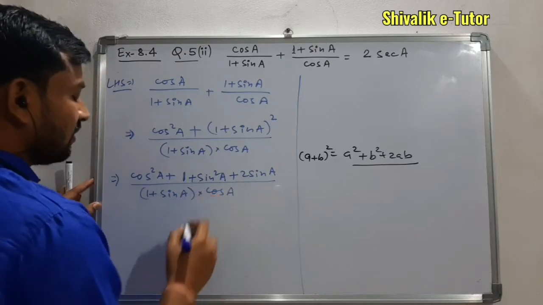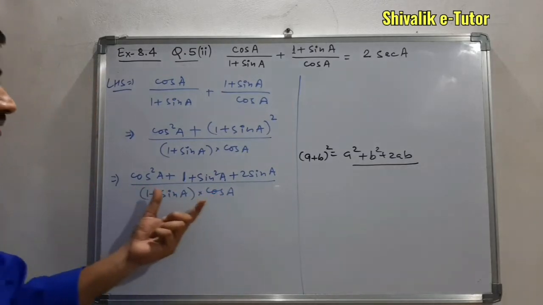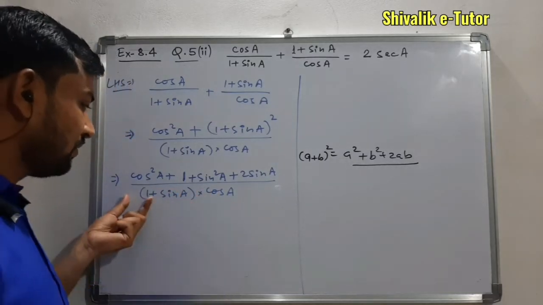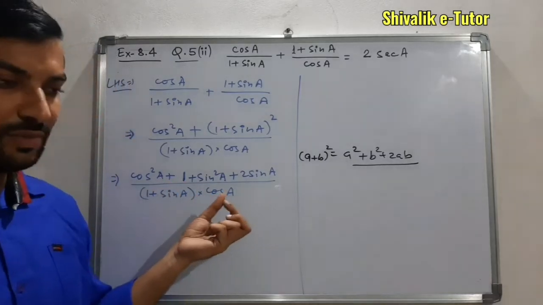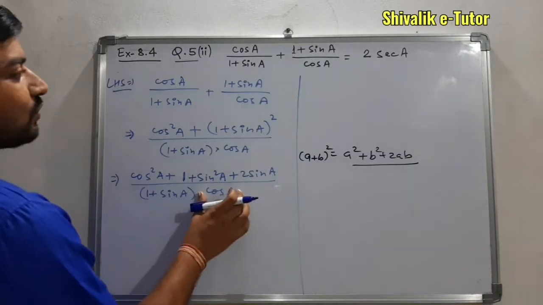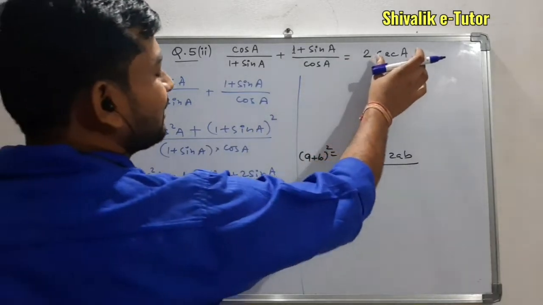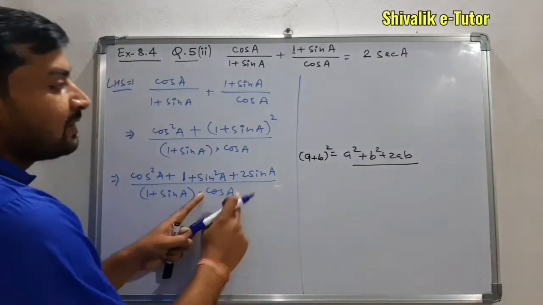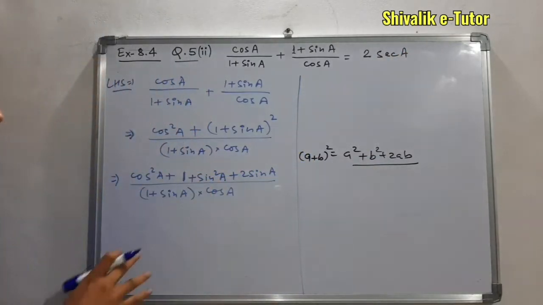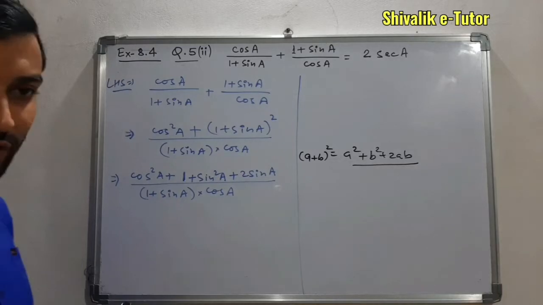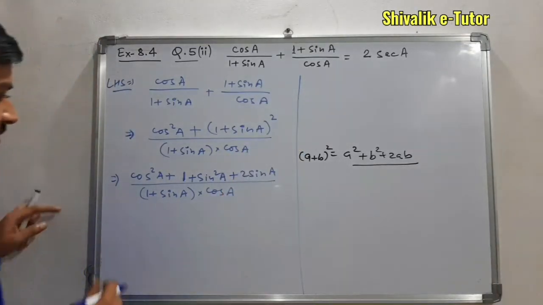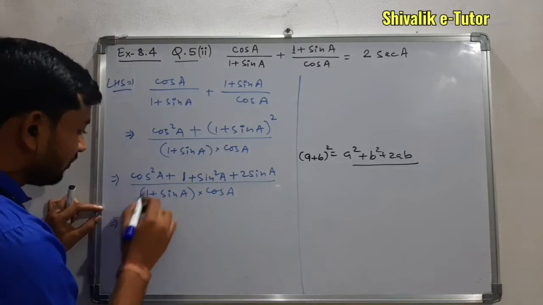Now see, we don't have to multiply this denominator. The cos a will be multiplied with 1 and sin a will be multiplied with cos a. Somehow we need this cos a. Looking at the result, it seems that if this cos a stays like this, we can prove this result, so we will not touch it, because if cos a comes in the denominator, we can take its reciprocal and write it as sec a.